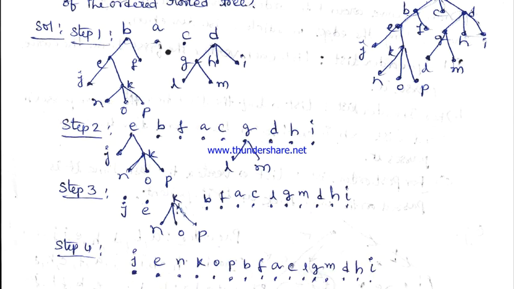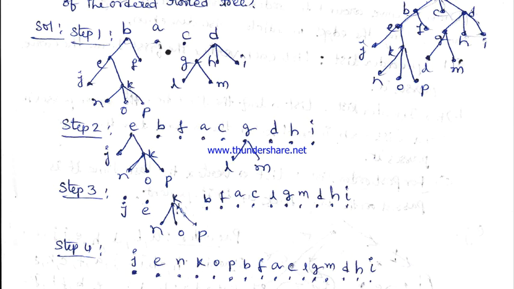Next comes the third step. What we do here is visit the vertices of the subtree at E. We have to visit first J, then the root E, then the subtree at the root K as shown here. Next, after B, F, A, C, to visit the subtree with vertex G, first we visit the vertex L, then the vertex G, then M. This is the in-order for this subtree, followed by the remaining D, H, I vertices.